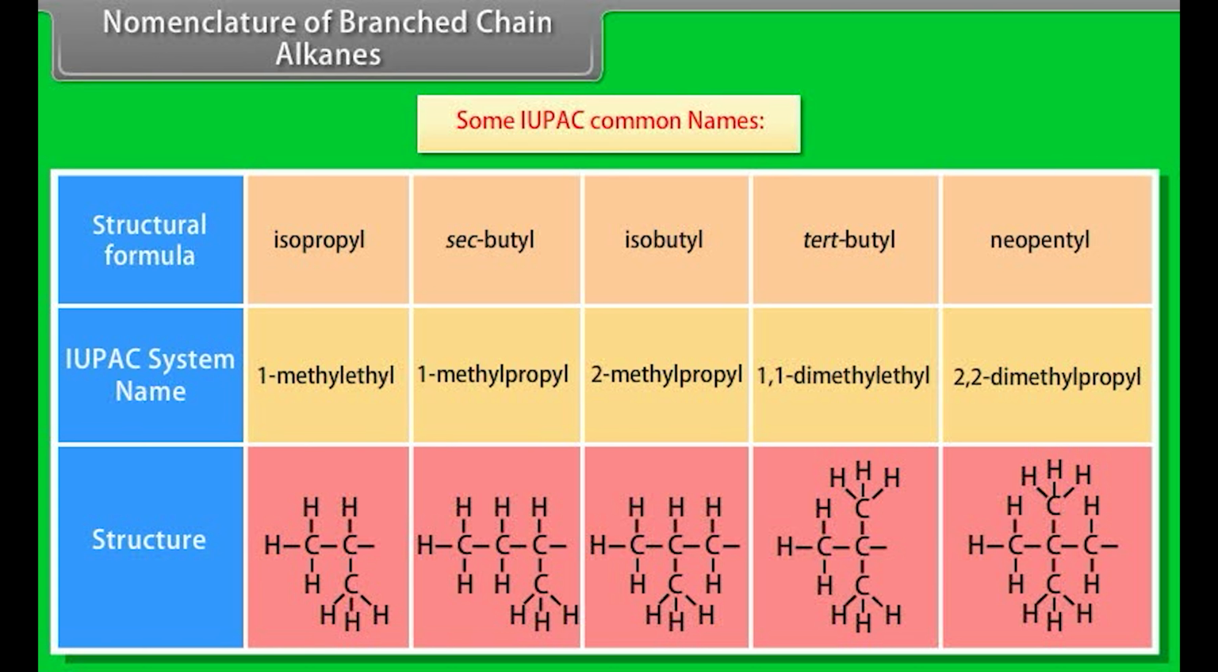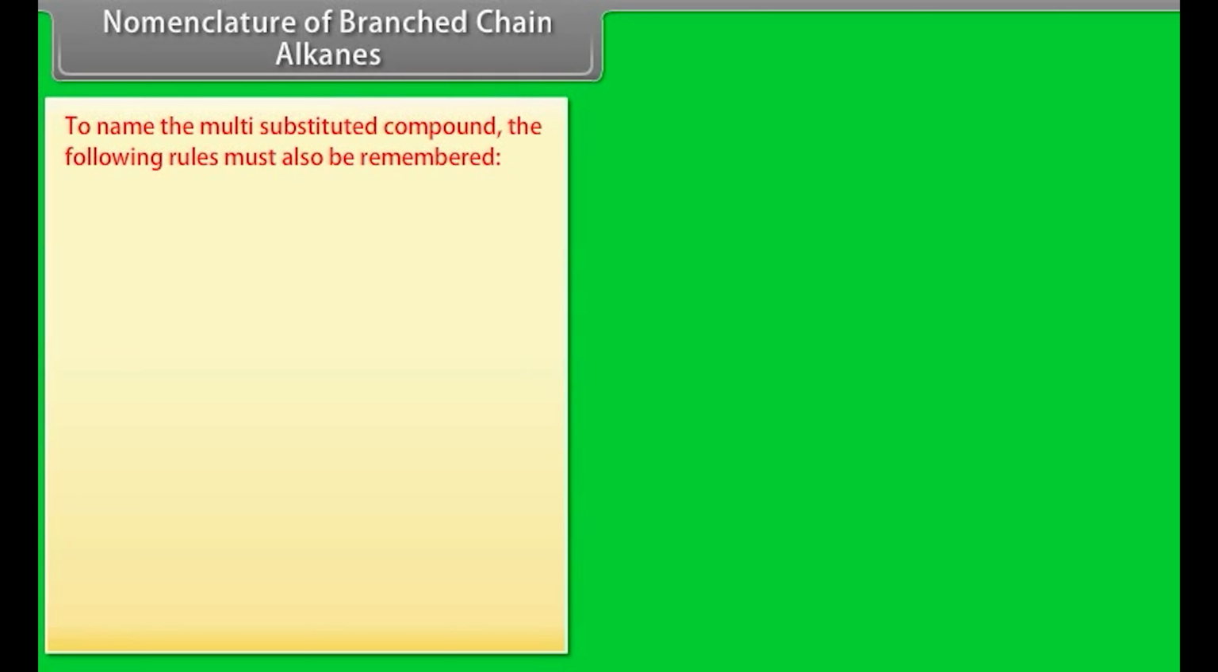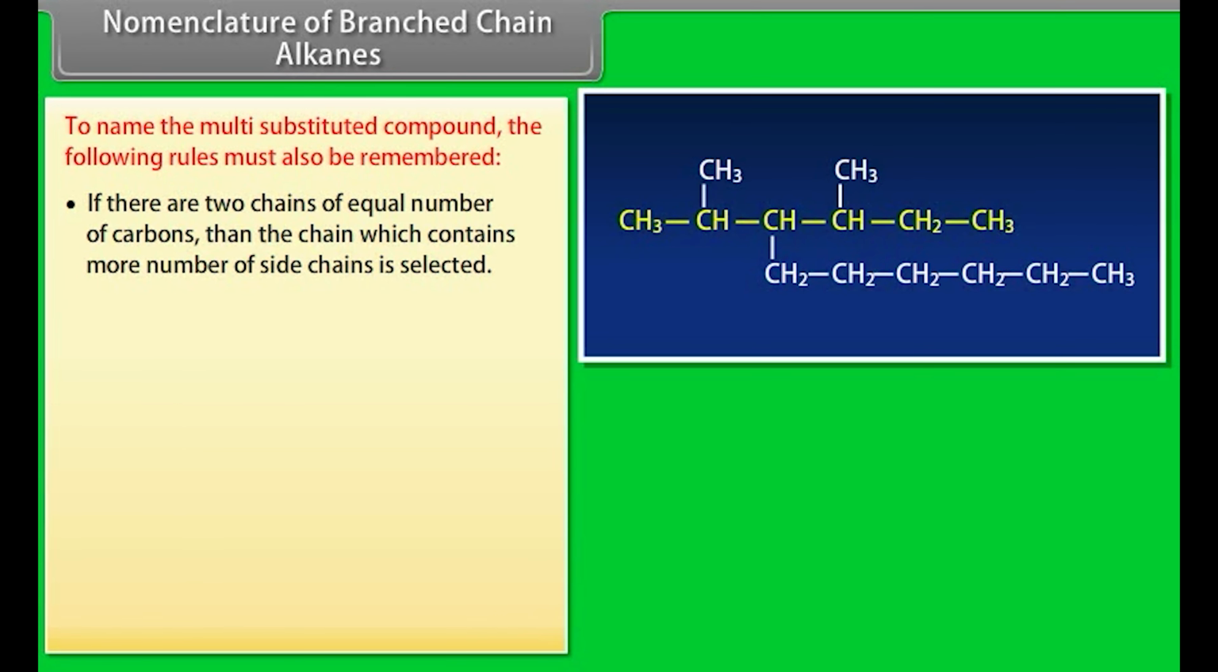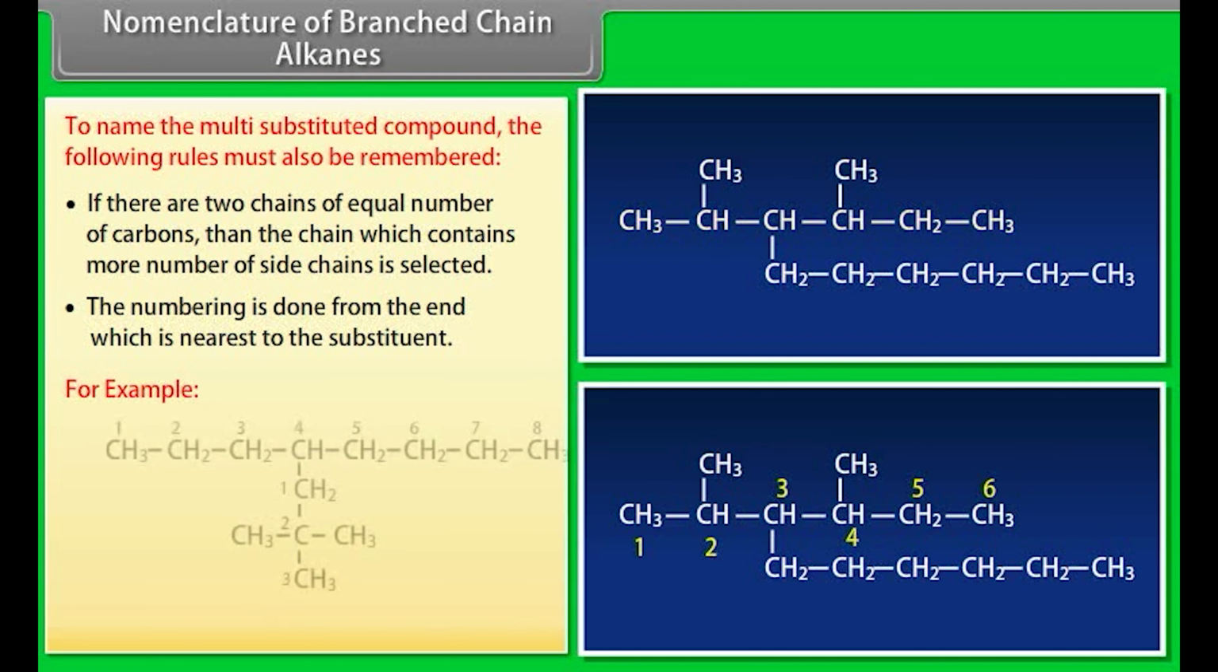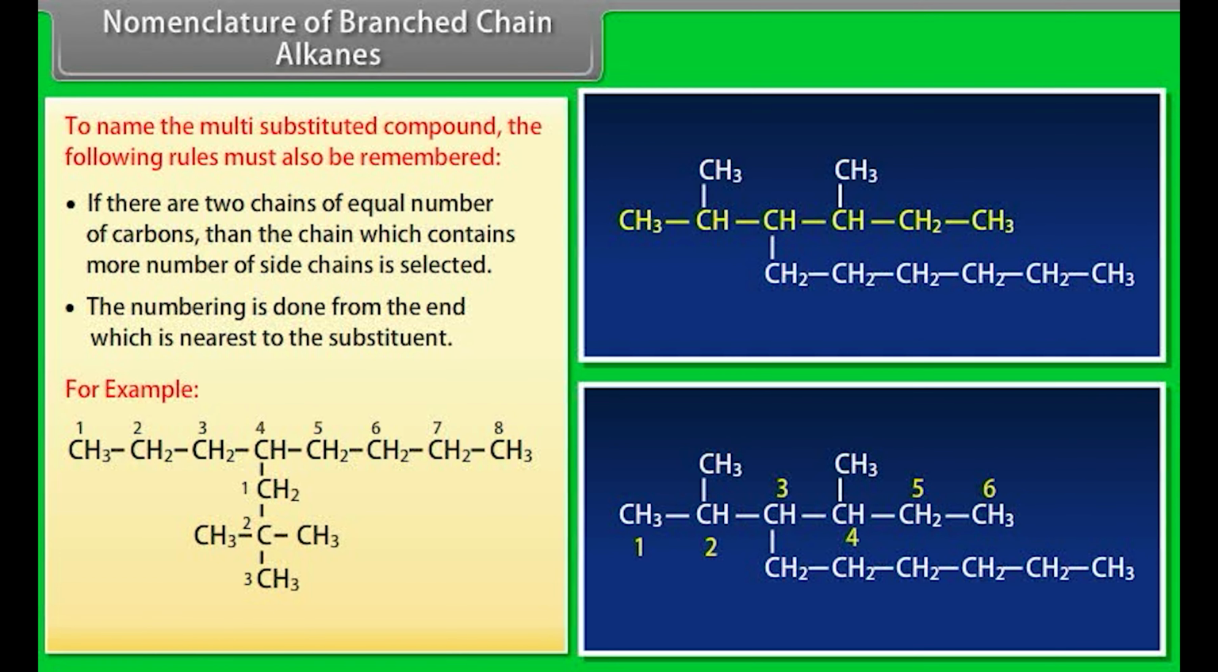Common name is neopentyl, its IUPAC name is 2,2-dimethyl propyl, and its structure is this. Nomenclature of branched chain alkanes. To name the multi-substituted compound, the following rules must also be remembered. If there are two chains of equal number of carbons, then the chain which contains more number of side chains is selected. The numbering is done from the end which is nearest to the substituent. For example, the IUPAC name of the given compound is